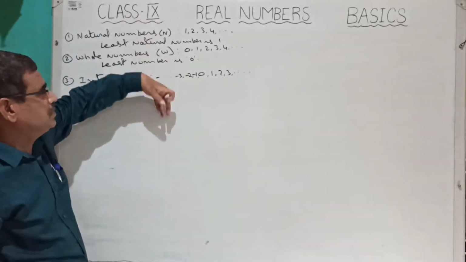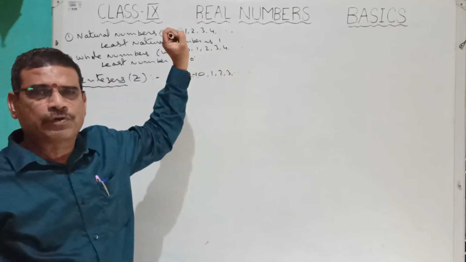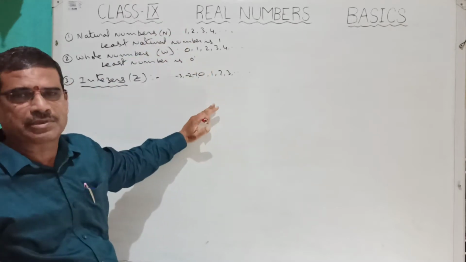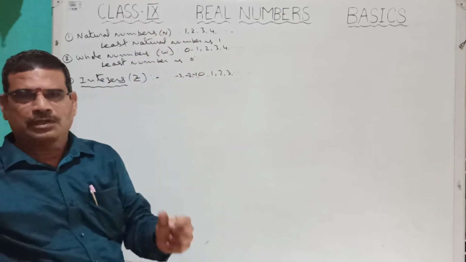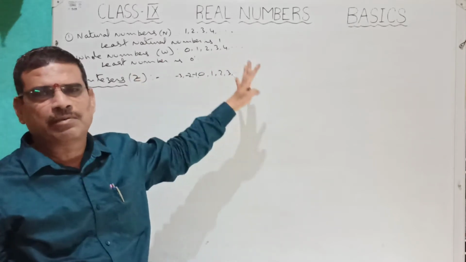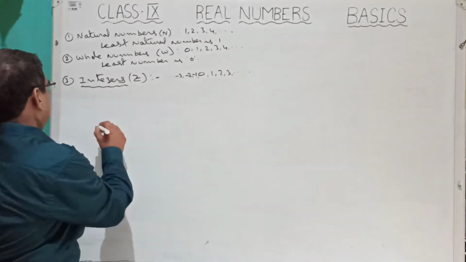You see, in these above 3 numbers, these are all numbers, no fraction here. So remember that one. Natural numbers, whole numbers and integers are only numbers. There is no fraction for them. Okay. Next one,